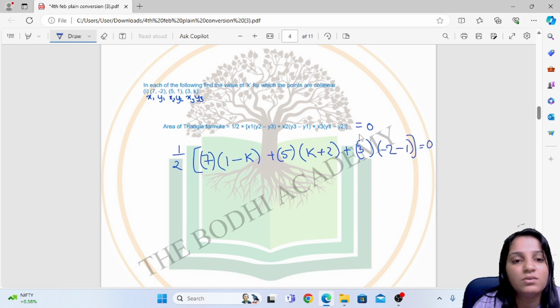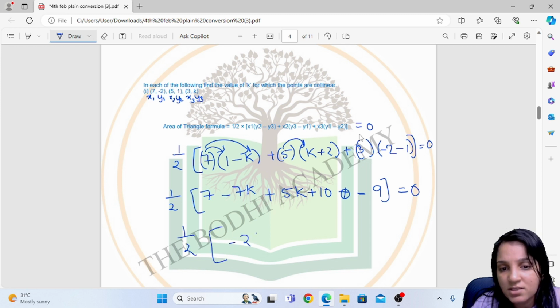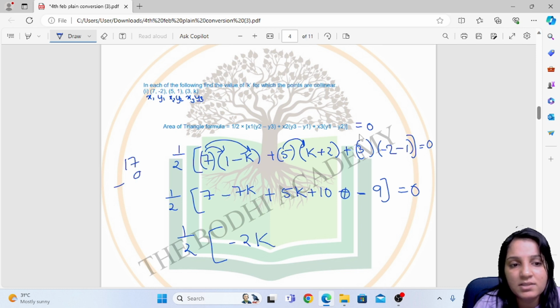equal to 0. Half into, now this 7 will have to multiply, 7 minus 7k here, plus again here 5 into k, 5k plus 10. This becomes 3 into minus 3, which is minus 9, equal to 0. Half into, now minus 7k plus 5k is minus 2k. Now 10 plus 7 is 17. 17 minus 9 is 8